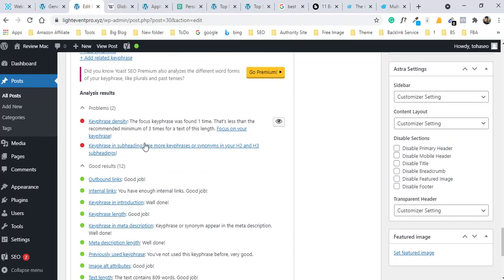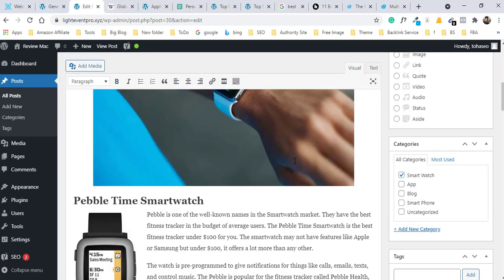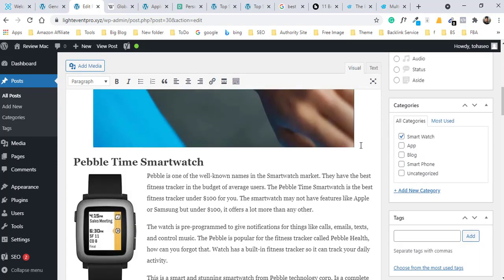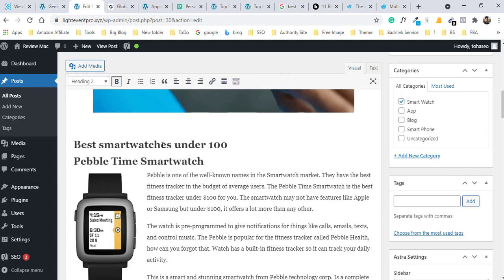Key phrase in subheading, key phrase is missing, so I added a subheading here. If you put your subheading, best smartwatch under 100 in current market, and make it H2.